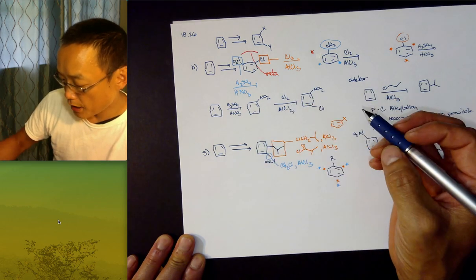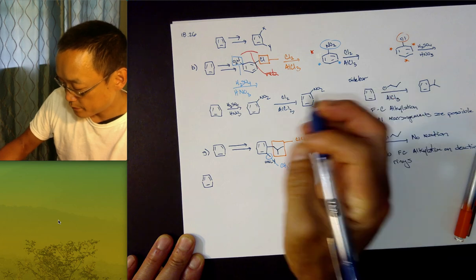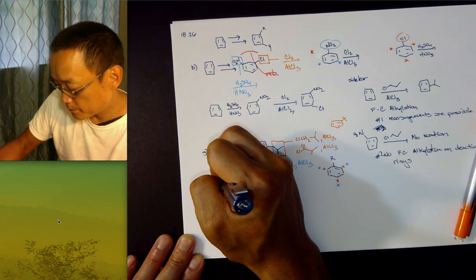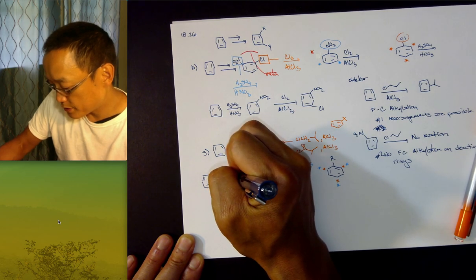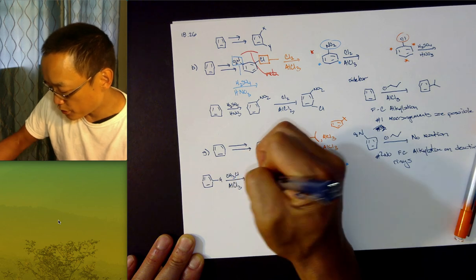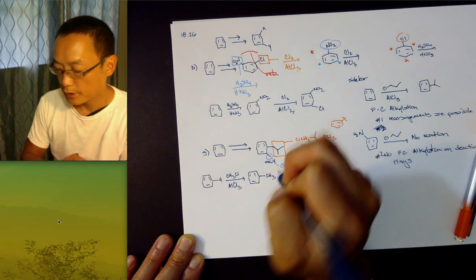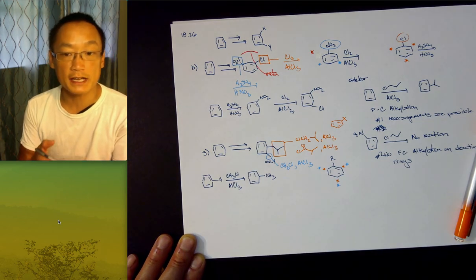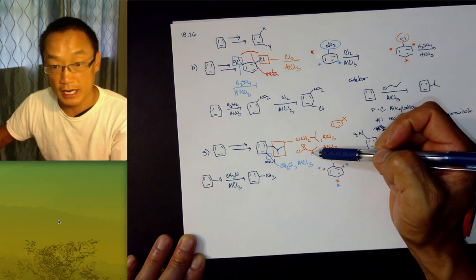But I would functionally add first CH3Cl and AlCl3, and this should impart to us the addition of that methyl group right here. And now what I would want to do next is logically add the Friedel-Crafts acylation reagent in the presence